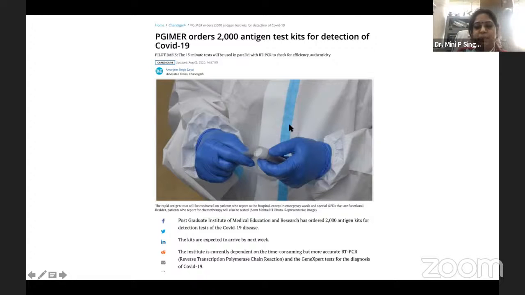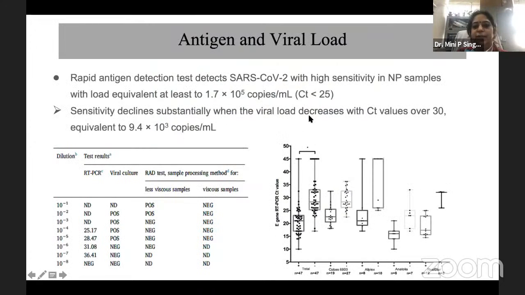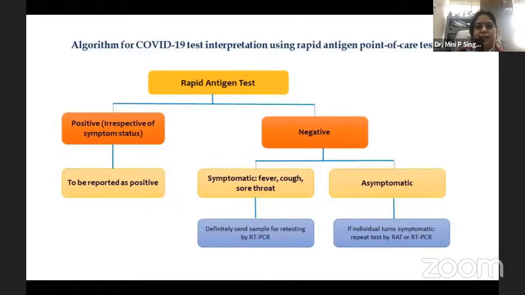But the only problem with this test is that at least around 9,400 copies should be there in the person to tell whether the antigen would be positive or not. So somebody who has a very low viral load may be negative by antigen detection, but may turn out to be positive by real-time PCR. So this is very important to understand. This is the ICMR's algorithm for interpretation of rapid antigen tests. So this is the algorithm which is